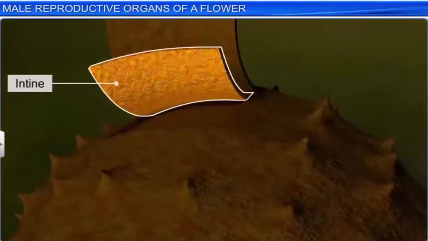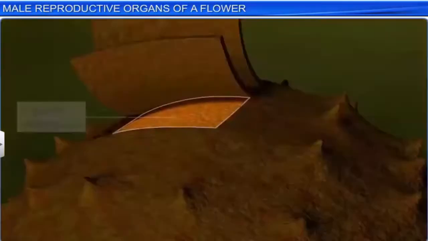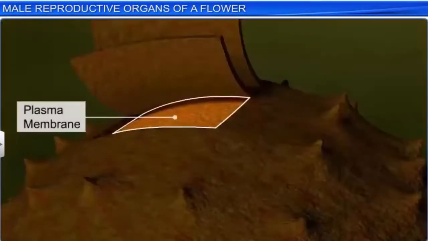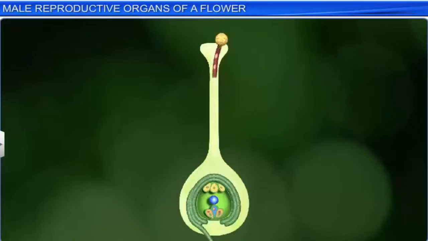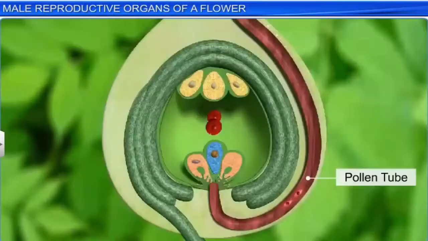Intine, on the other hand, is a thin and continuous inner layer of wall composed of cellulose and pectin. On the inner side of the intine is the plasma membrane that surrounds the pollen grain's cytoplasm. When pollen grains land on the stigma, they germinate into a pollen tube that carries the male gametes towards the